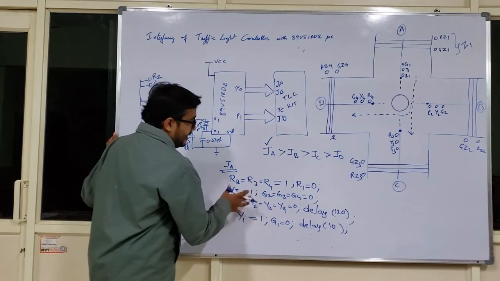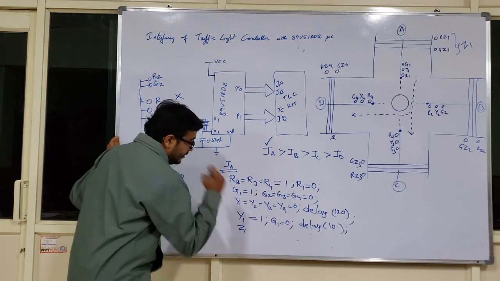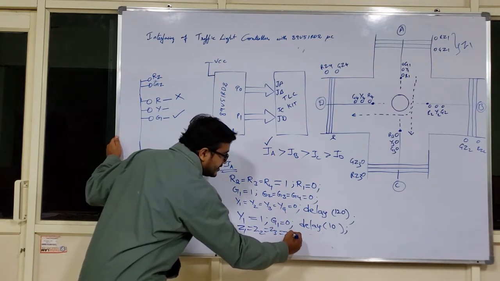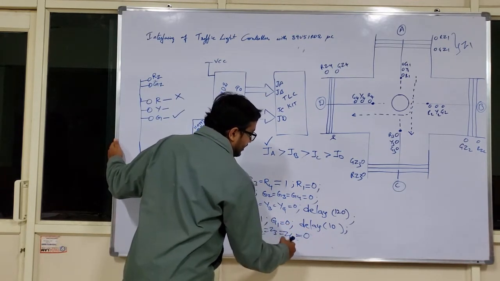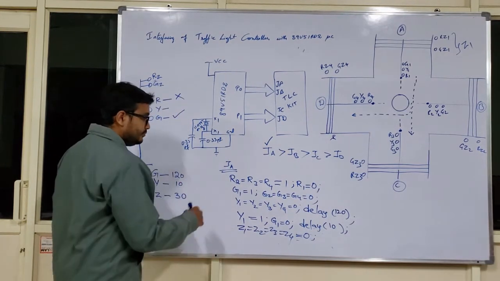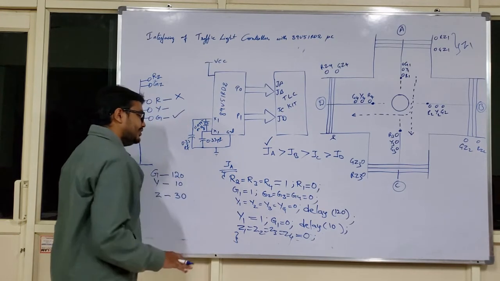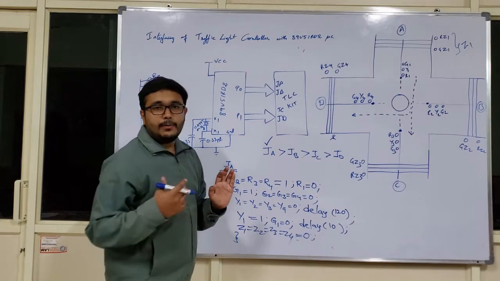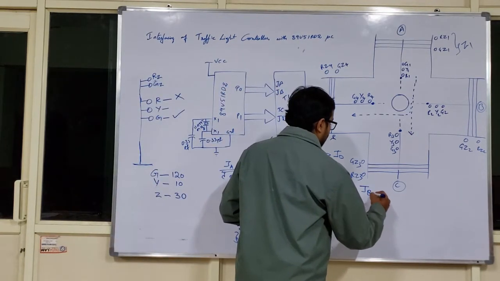Now, for this situation, there will be no pedestrian activity. That is why Z1 equal to Z2 equal to Z3 equal to Z4, this activity will be absent. That is why I have written all the zebra crossing lamps as 0, which means they are in the red state. So you completed the definition for your junction A. Similarly, activity at junction A completed successfully. Now the activity of junction B starts.